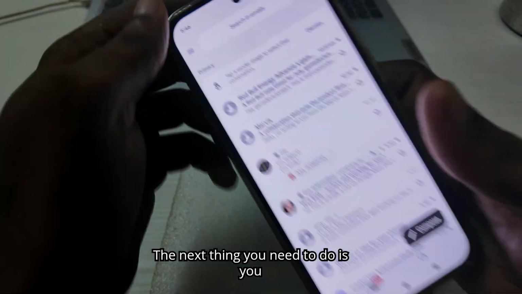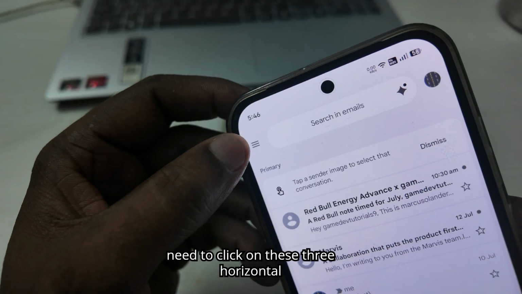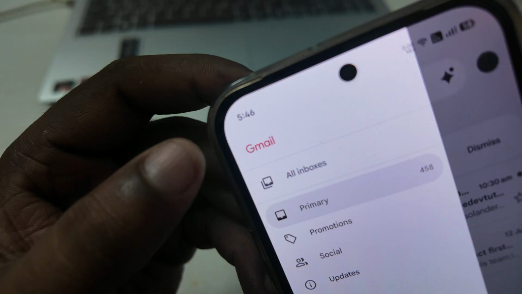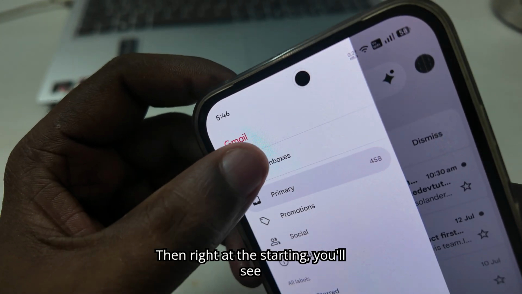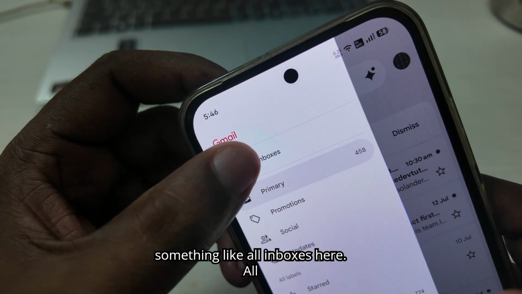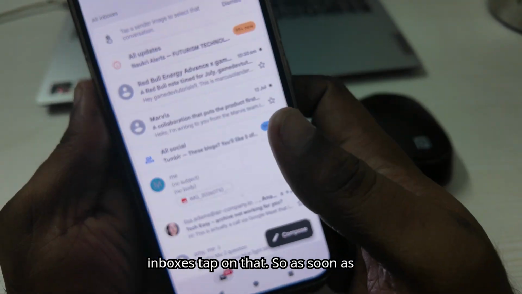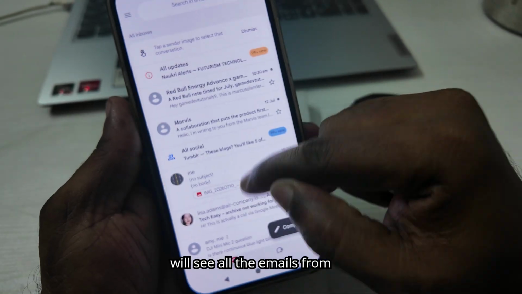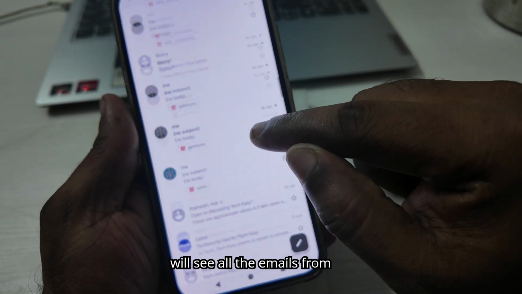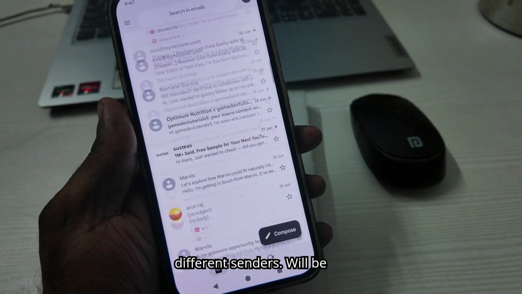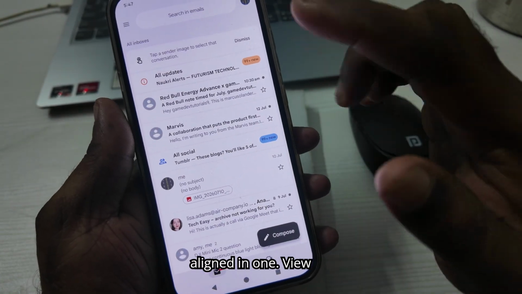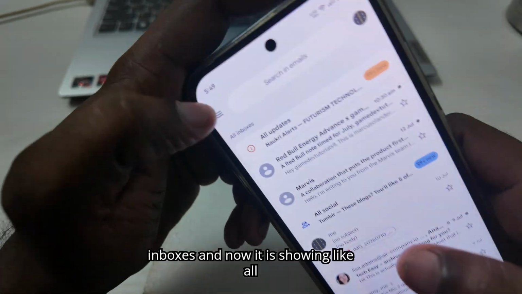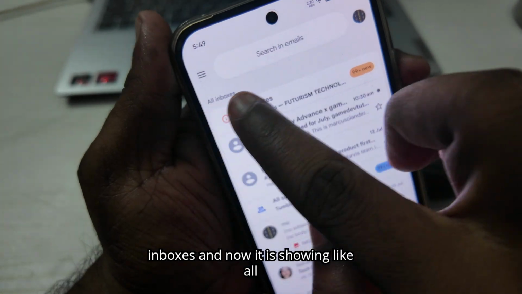The next thing you need to do is click on these three horizontal lines at the top left corner. Then right at the start you'll see something like all inboxes. Here, all inboxes, tap on that. As soon as you tap on that, you'll see all the emails from different senders aligned in one view. Okay, as soon as I click this all inboxes, now it is showing all inboxes here at